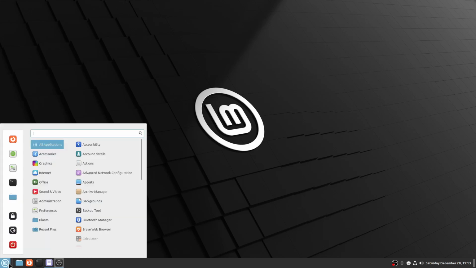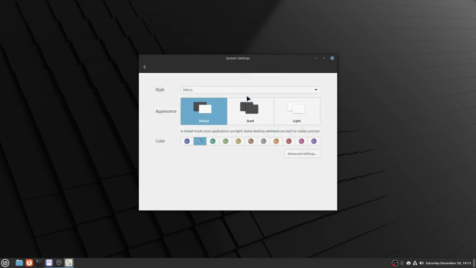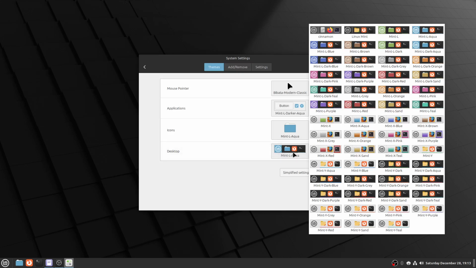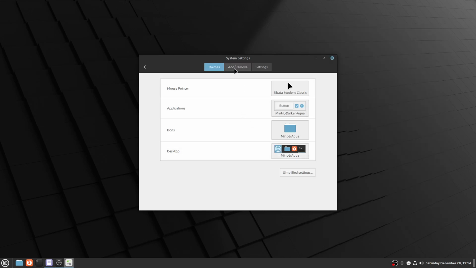So what I'm going to do is click Linux Mint here and go to this icon right here, which is System Settings. It's going to open this window. In the last video, I told you that you could do some more advanced stuff with themes. When you go in here, it looks like it did before. Click the Advanced Settings button, and there is at least one other option on all of these. And if you don't like the one you like, you can always go to Add,